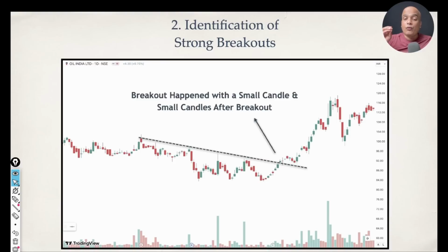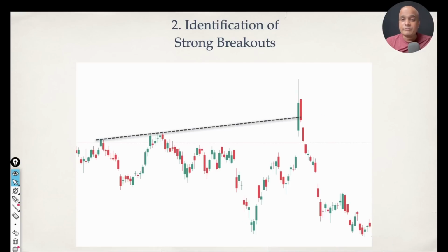Why? Because the resistance trend line is powerful. There is no doubt about this in this case. But the breakout happened and the price broke above the resistance trend line with small candles. So what this indicates is buying intention is almost nothing. It's very small doji candles. So there is a high possibility of giving a mediocre breakout. So this is number 2. And number 3 is false breakout.